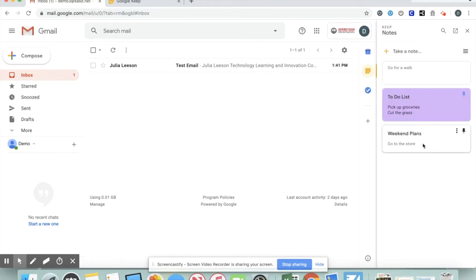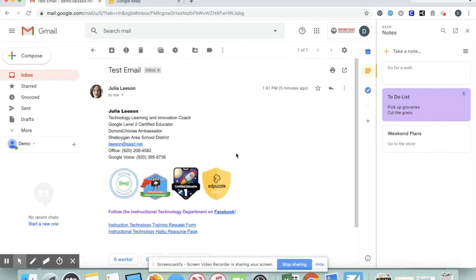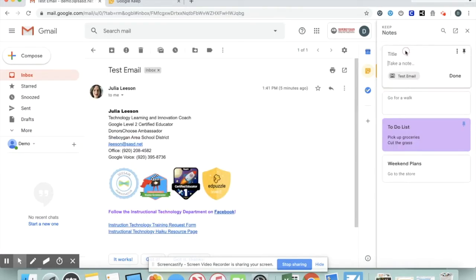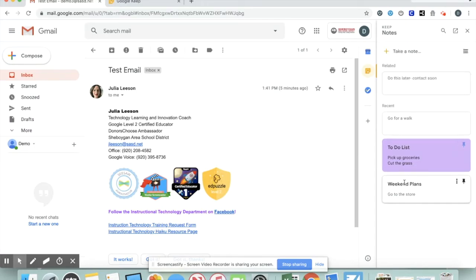The other great feature is if you are using Google Keep with your Gmail open, is that when you have an email open from someone, so for example, I have this email opened and I go to take a note, you'll notice that the email is now linked. So I could say later, do this later, or contact soon. And when I hit done,